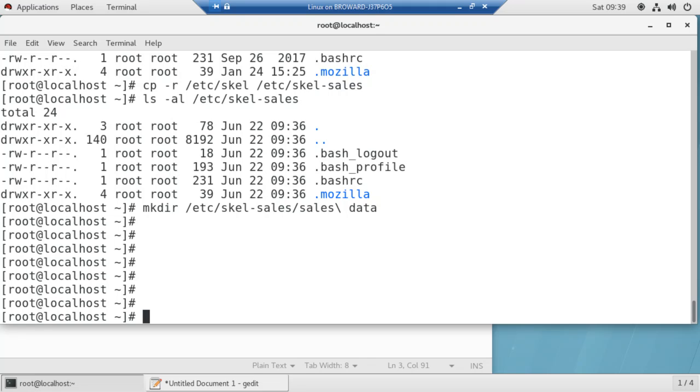So, guys, what will this do? MYDATE equals